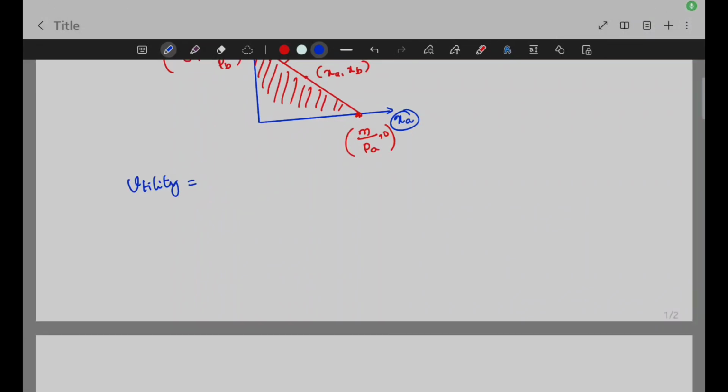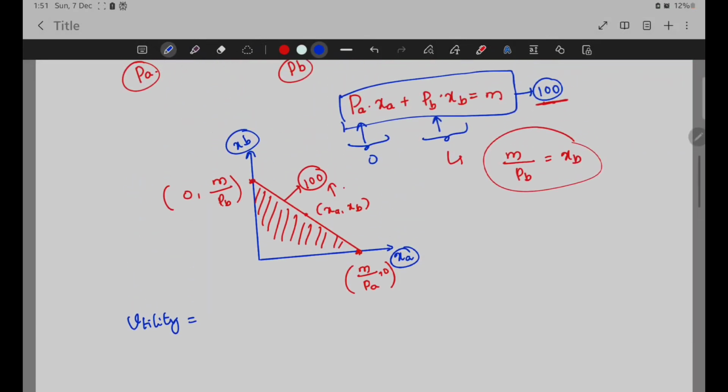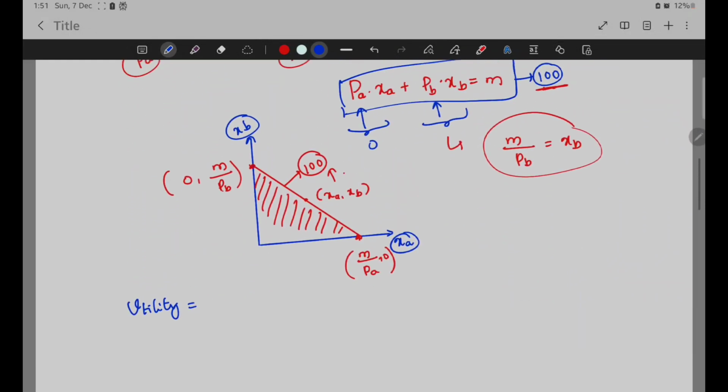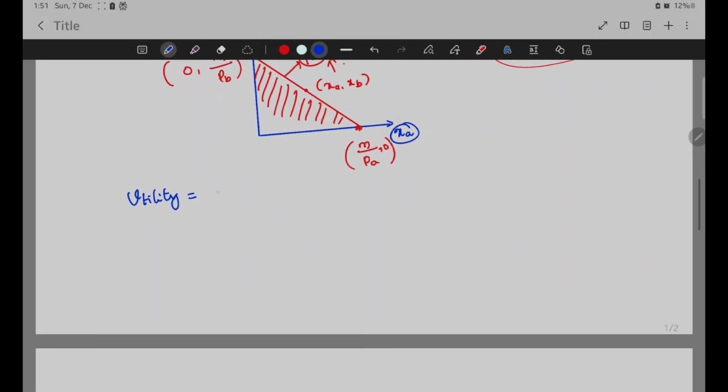I left the concept somewhere here where we were talking about utility. So what is utility? We learned before that utility is nothing but the satisfaction you are getting. So when we are talking about apple and banana, we say that apple is giving some utility. Let's assume that the quantity of apples is xa